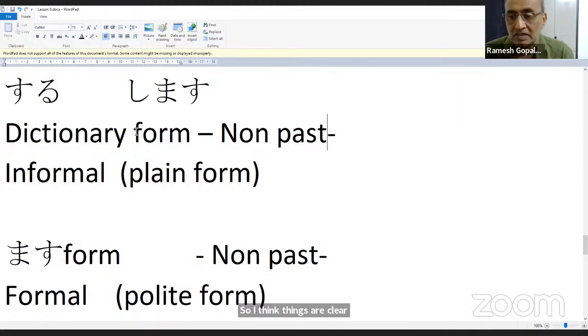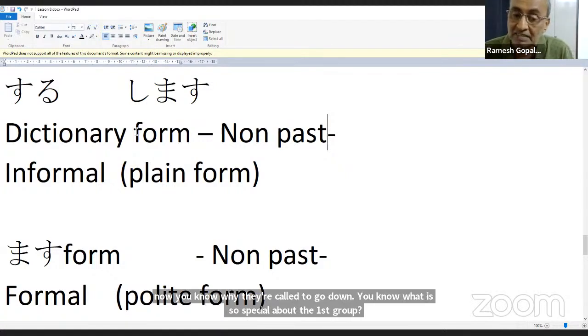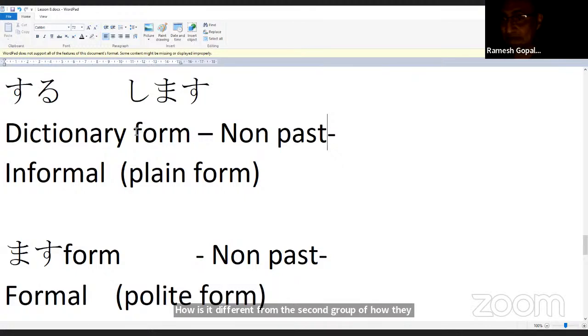Yes, sir. You know now what is the first group verb, group 1 verb, the group 2 verbs, and then the group 3 verbs, the irregular verbs, what are they? And now you know why they are called a Godan verb. What is so special about the first group verb? How is it different from the second group verb? How they end. And then when you conjugate them,